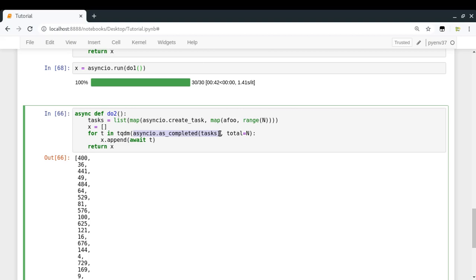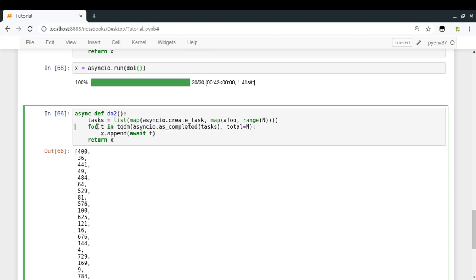That's fine, but we are not going to save those values because we know that they are not ordered, so no use of doing that. I'm just going to keep it as await t, but I will be doing return t.result. So now I can use the values which are stored inside the tasks list.